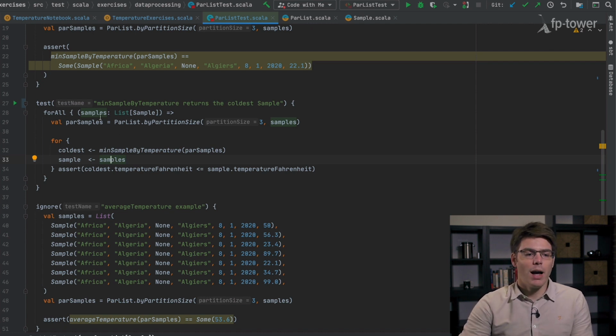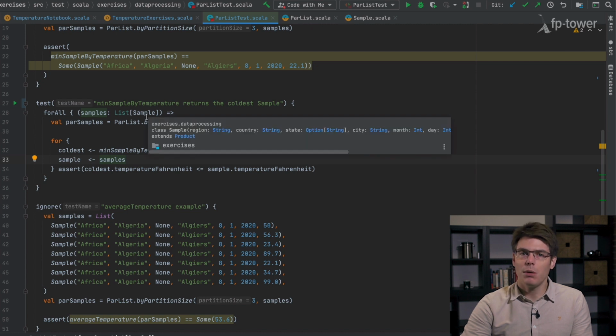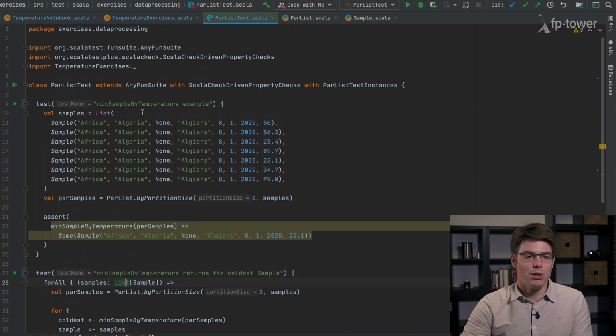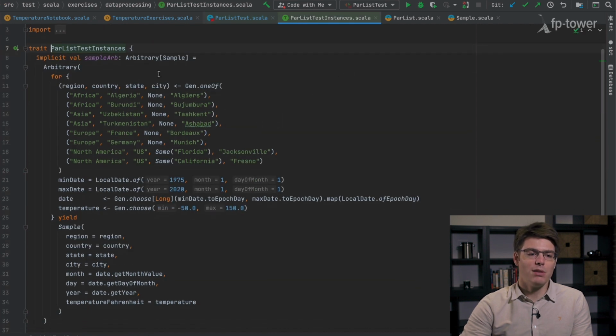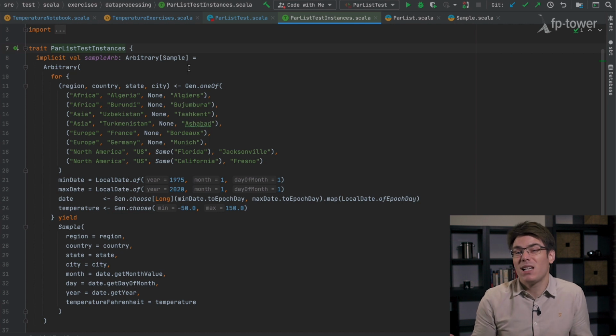Now you might wonder, how did we manage to generate random samples value? This is because there is this trait, parlist test instances, where I define an arbitrary of sample. You might remember in previous lecture, arbitrary is something coming from ScalaCheck that is basically a random generator of samples.